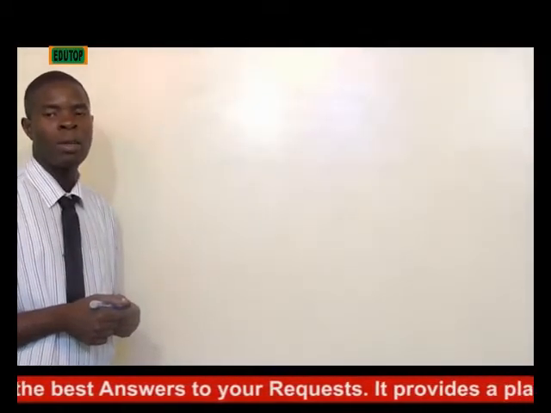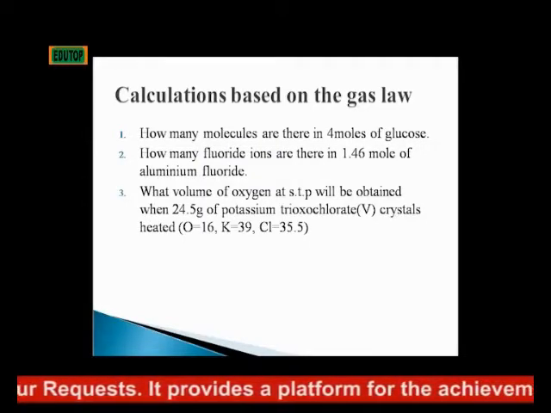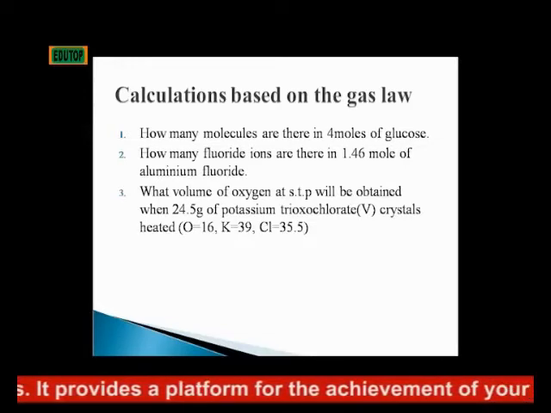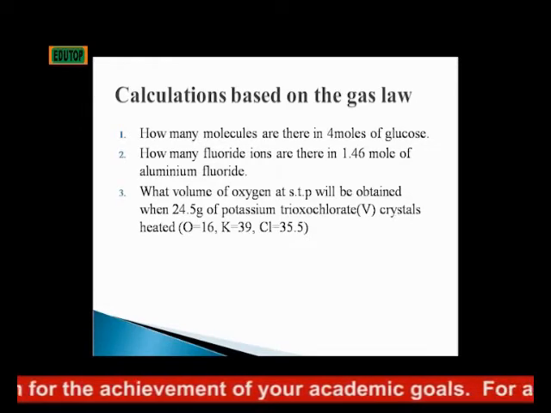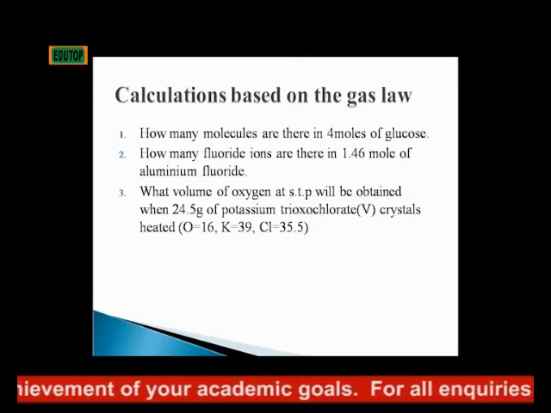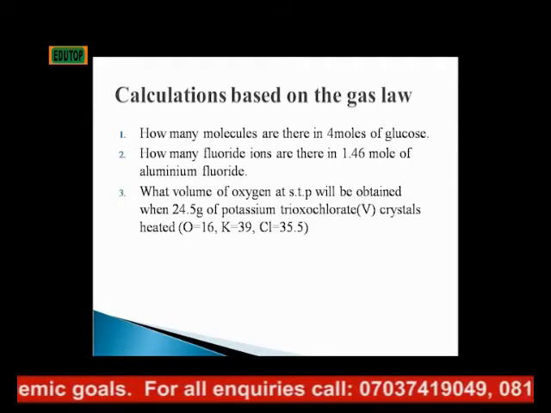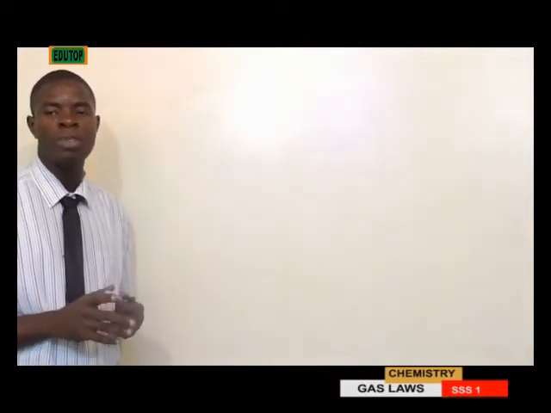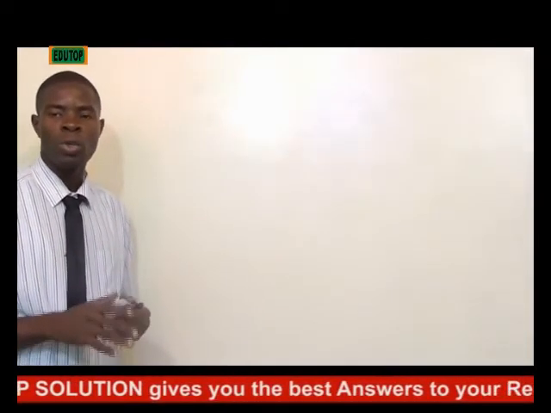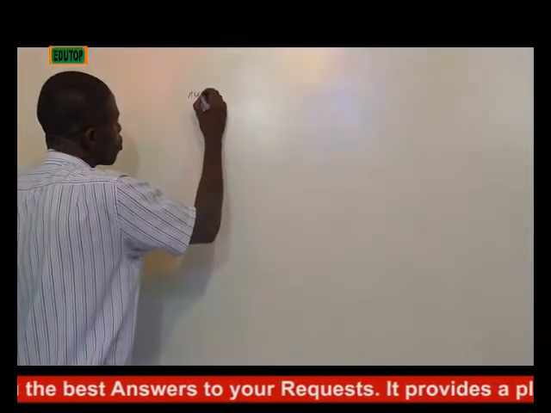Question number 3. What volume of oxygen at STP will be obtained when 24.5 gram of potassium trioxochlorate 5 crystals is heated? Given that oxygen is 16, potassium is 39, chlorine is 35.5. Looking at this question number 3 closely, you will find out that it is the volume that you are asked to look for. So the first step here is to indicate that number of moles